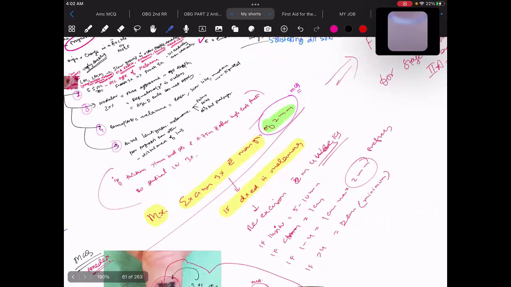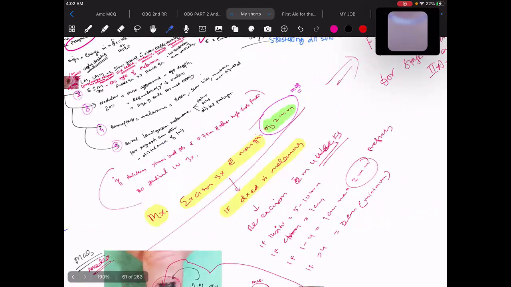They ask a question about the sentinel lymph node biopsy. When do we go for the sentinel lymph node biopsy? There's a recall for that. When do we go for the sentinel lymph node biopsy in a patient who is having melanoma? Remember that if, for example,